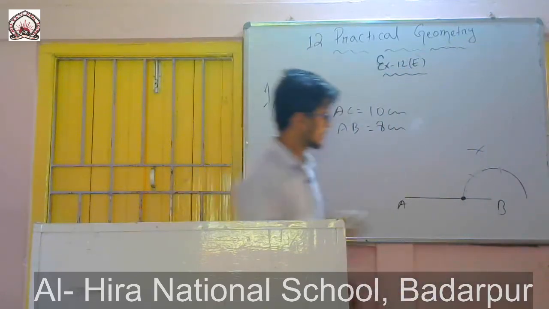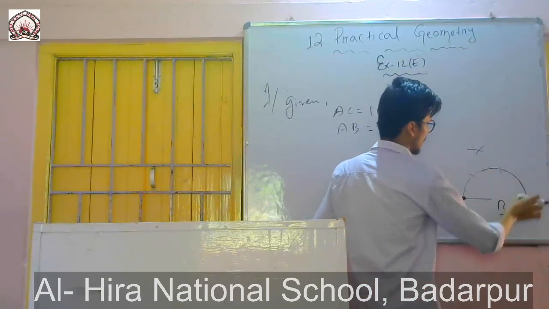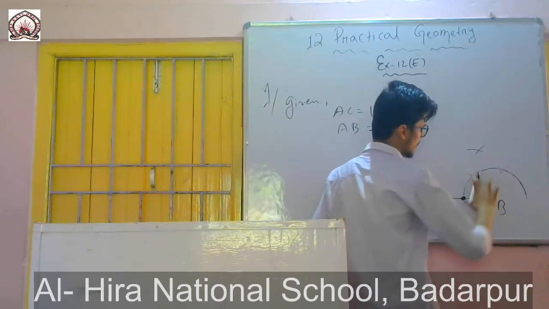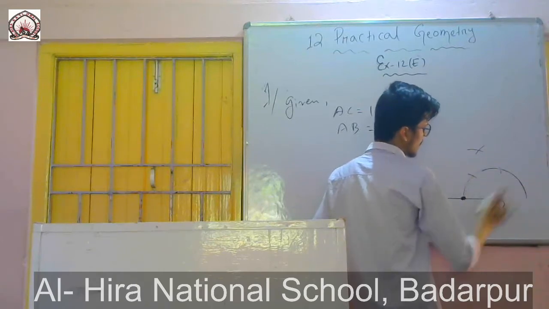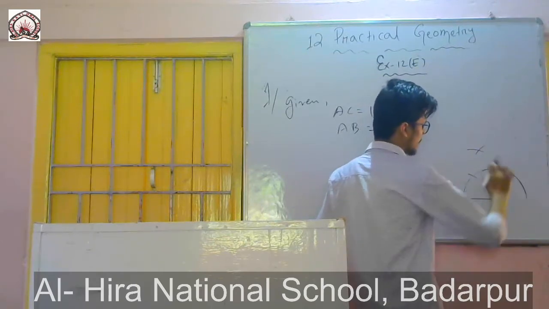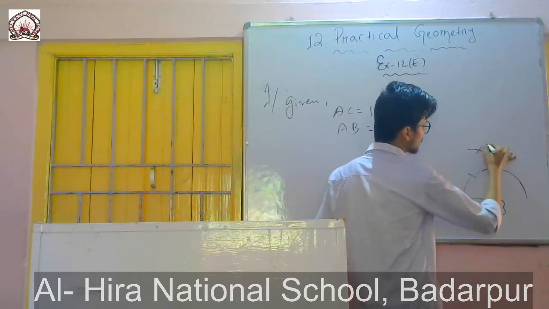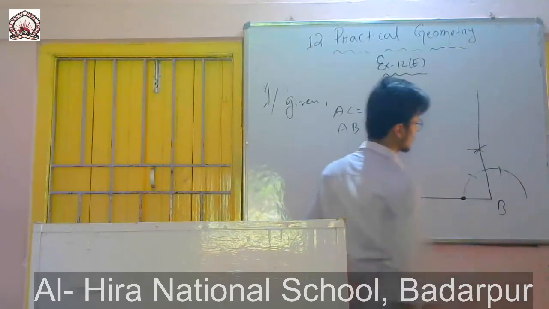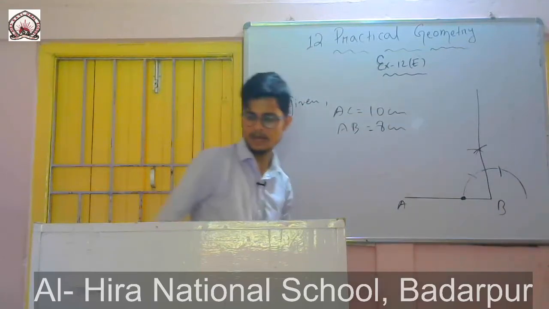Hope you understood. First of all I will draw a half semicircle like this. Then I will get the point of intersection. One point will be here. So putting the needle of the compass here, I will give an arc like this. With the same radius I will give another arc here. Then by putting the needle of the compass here, I will give one arc, and by putting the needle here, I will give another arc. Then I will join these two like this. This will be a straight line.